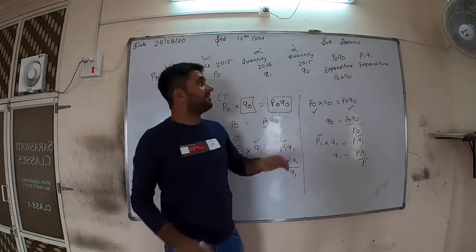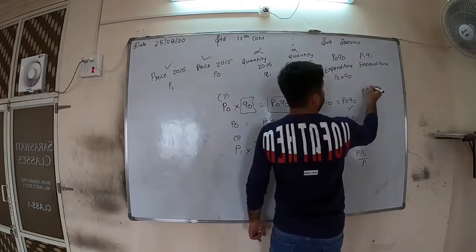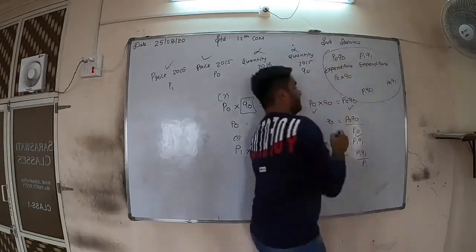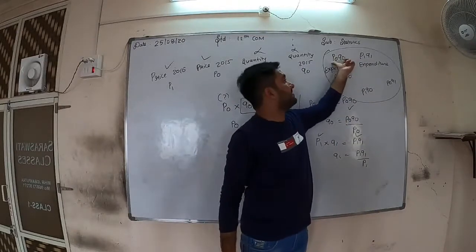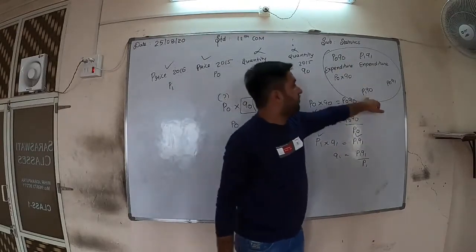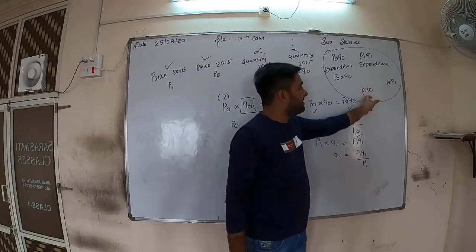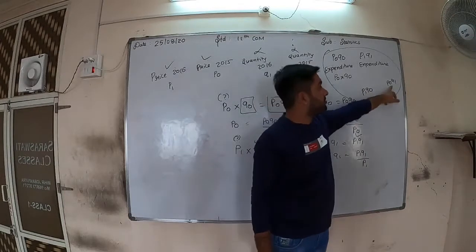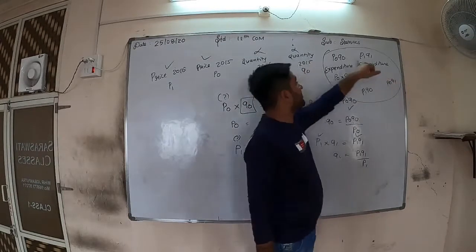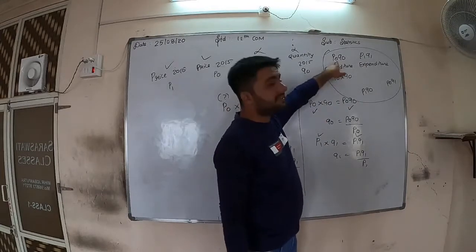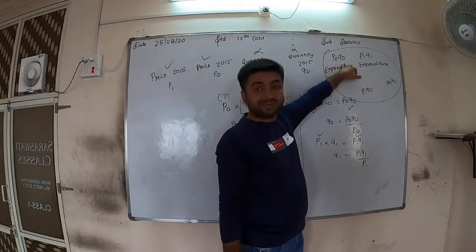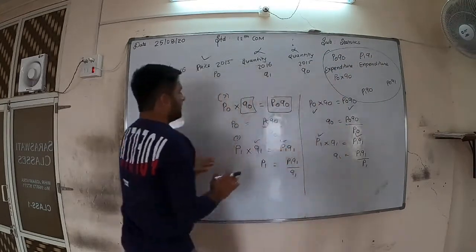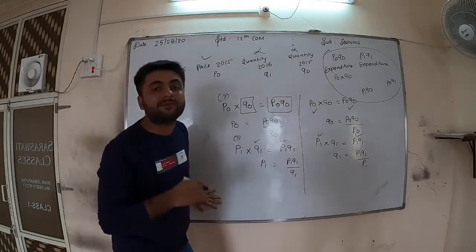Now you all may be thinking there are a total of 4 columns: P1 Q0, P0 Q0, P1 Q1 and P0 Q1. These are 4 columns. But why are we calling expenditure 0 0 and 1 1? Because what is the problem with this? Here it is P1 and Q0, meaning one is current year, one is base year. Also here, base year and current year. But think about this: 0 means base year, 0 means base year, so both are base year. 1 means current year, 1 means current year, so both are current year. So you have to make such columns to calculate this sum.